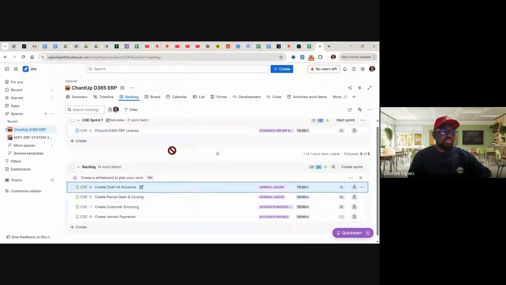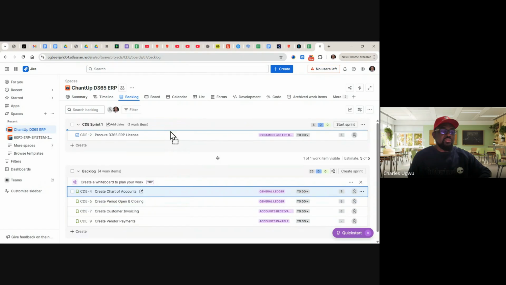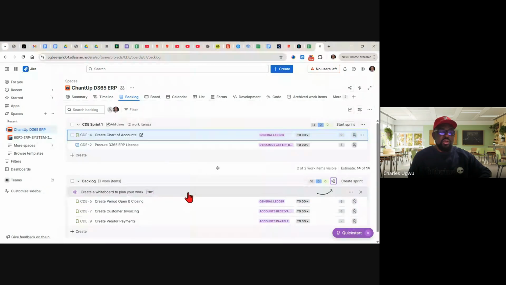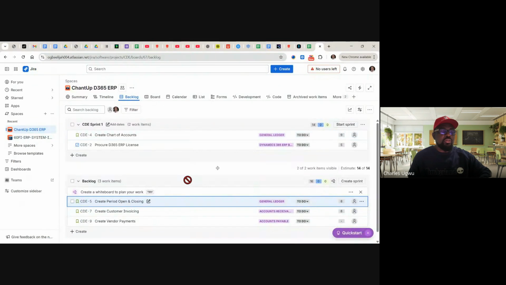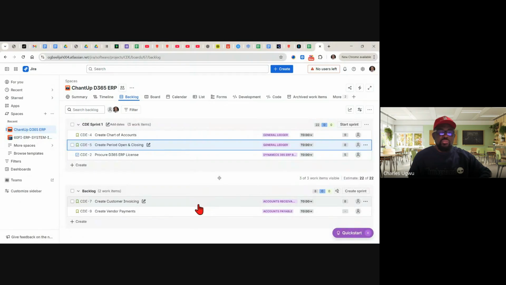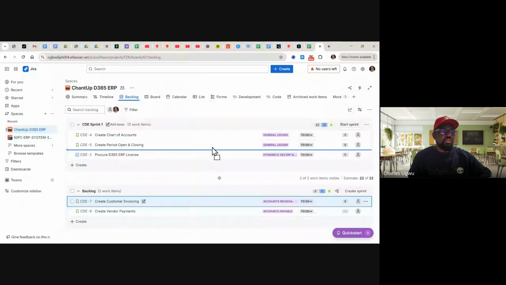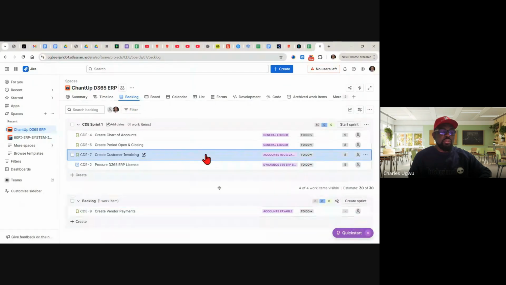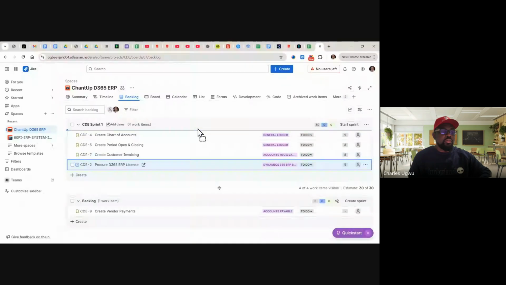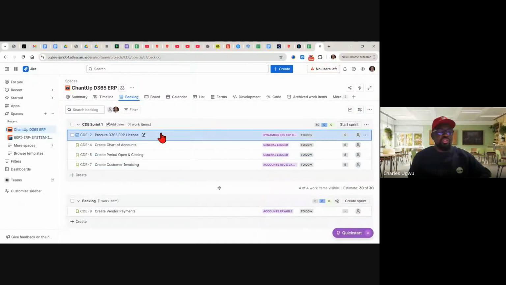I'm dragging it from a backlog to sprint environment. I will drag the amount of work I want to, and I want to move all the refined work. Yeah. So this is it. And that is the work we want to work on.